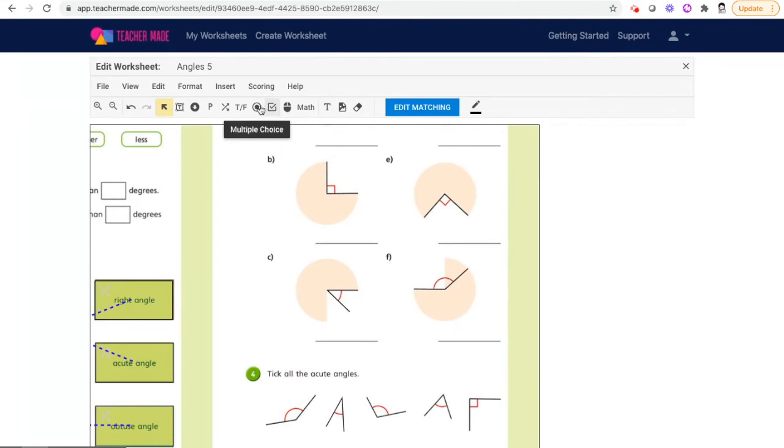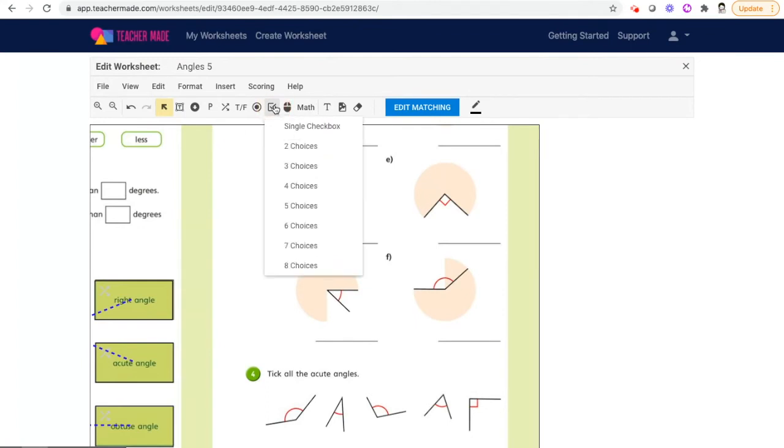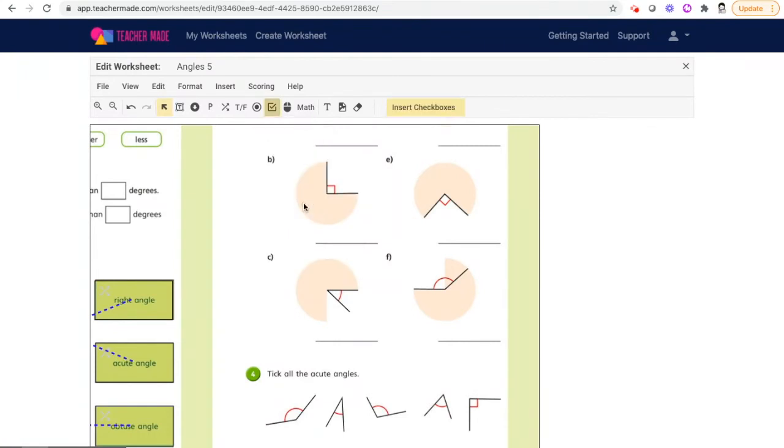If I wanted to just choose one correct answer, I'd be using multiple choice, but I'm going to use checkboxes. And when I click on the checkboxes box, you'll notice that it gives me a number of options. Now, I have got 5 different angles down there with question 4, so I need to choose the 5 choices box. And what this then asks me to do is to draw in here